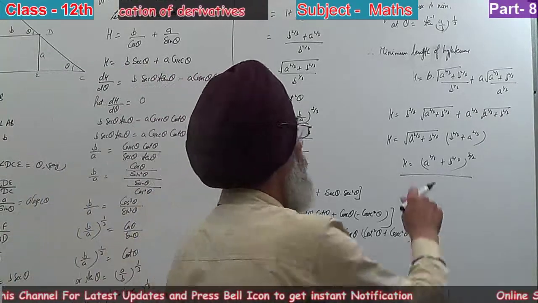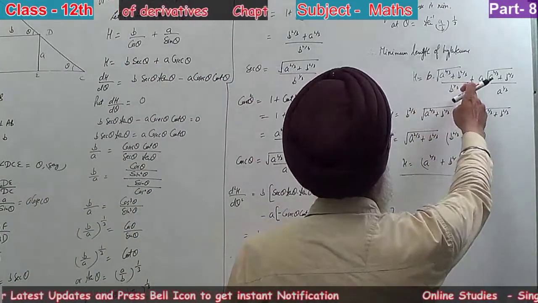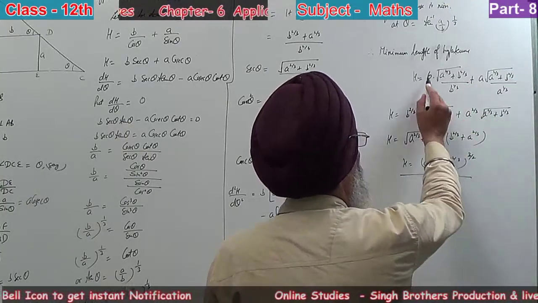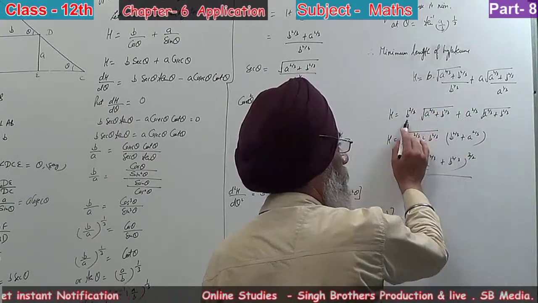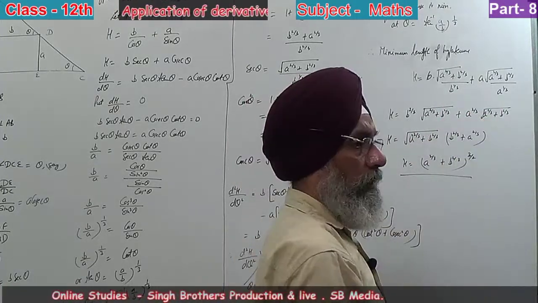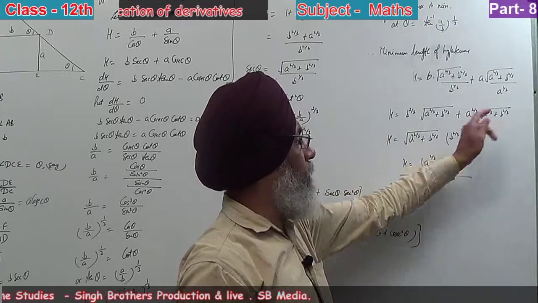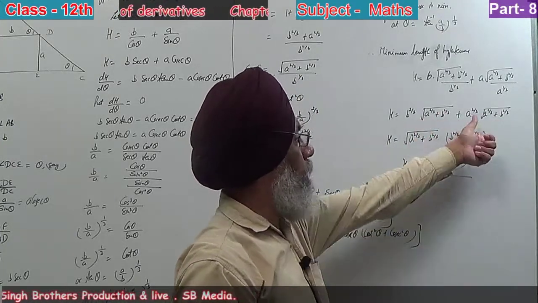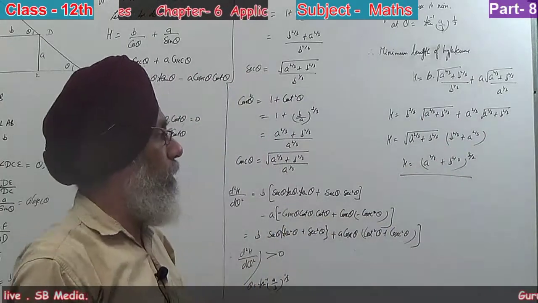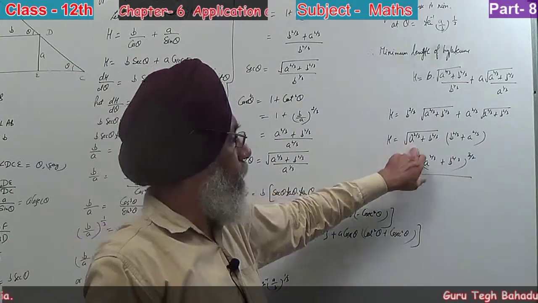So placing the value here, b value of sec theta, a value of cosec theta, and then solving it, b to the power 1 by 3 gives you b to the power 2 by 3, a to the power 2 by 3. Taking a to the power 2 by 3 plus b to the power 2 by 3 as common, in a square root common from the two terms, we are left with b to the power 2 by 3 plus a to the power 2 by 3, its power half, power 1.